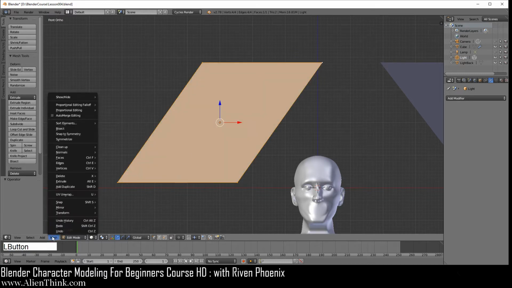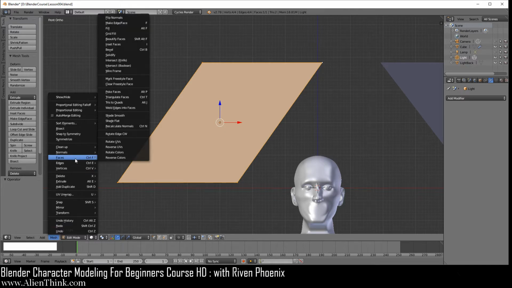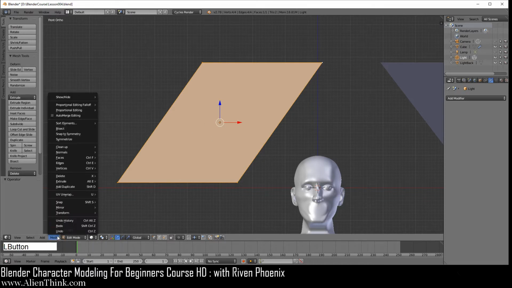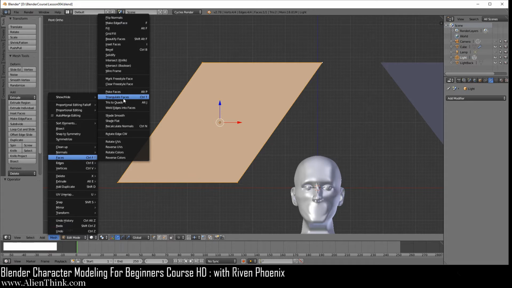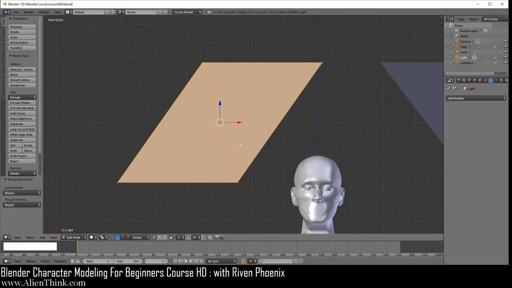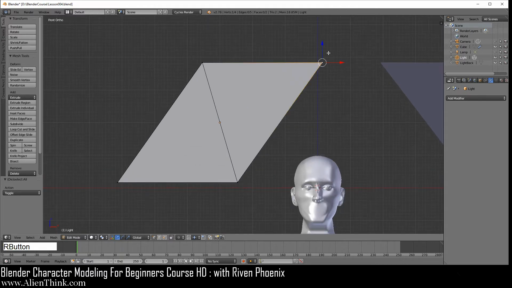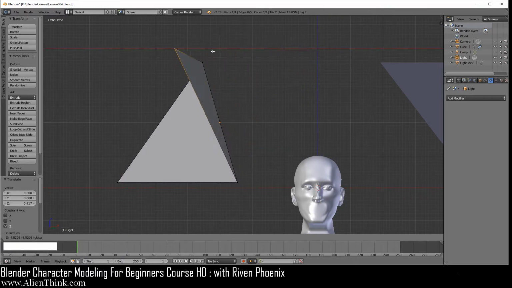If we go under Mesh and go under Faces, you'll see that you have 2 options. You have triangulate faces, and you can take 2 triangles that are just like this over here and turn it into a quad. So if we go under Faces and we do triangulate faces, you'll see if I just deselect everything that it puts a line across this. Now we know that when we actually lifted up this vertex over here, the line for the triangle was going this way. But when you do that, for some reason Blender does it the opposite way. It doesn't actually matter how it does it. So if I take this and now move it up or move it like this, you can see that it's just a triangle.